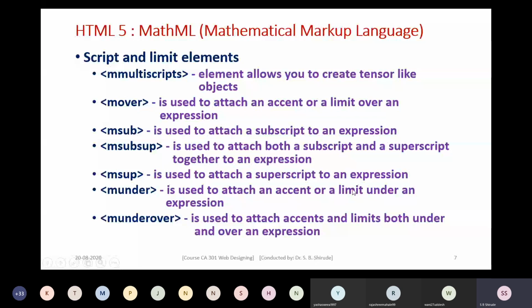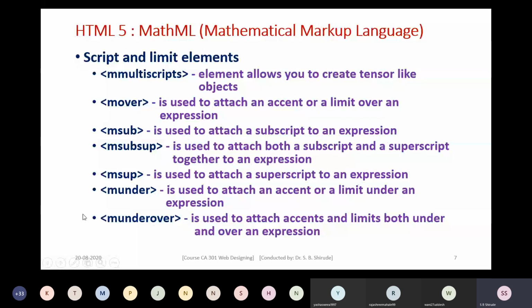If you want to attach accents or limits both under and over an expression, you can make use of munderover. So to specify the different text related to mathematical scripts, you can make use of these elements: mmultiscripts, mover, msub, msubsup, msup, munder, and munderover.